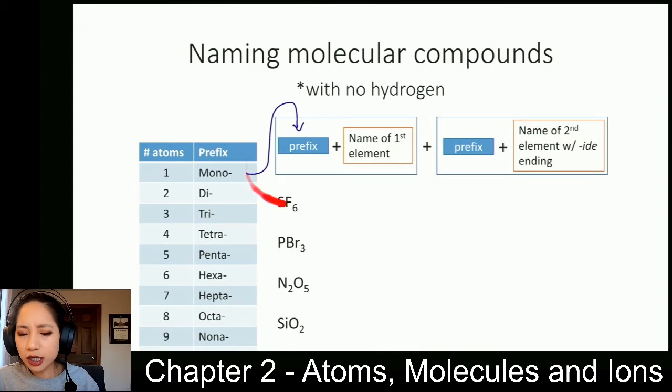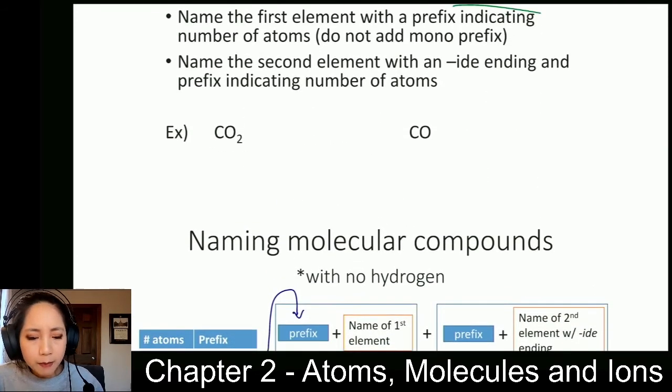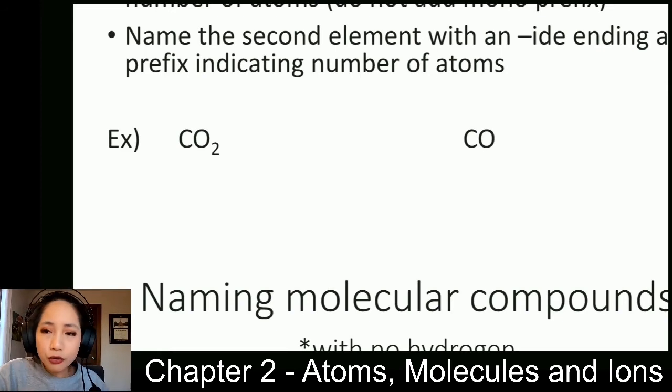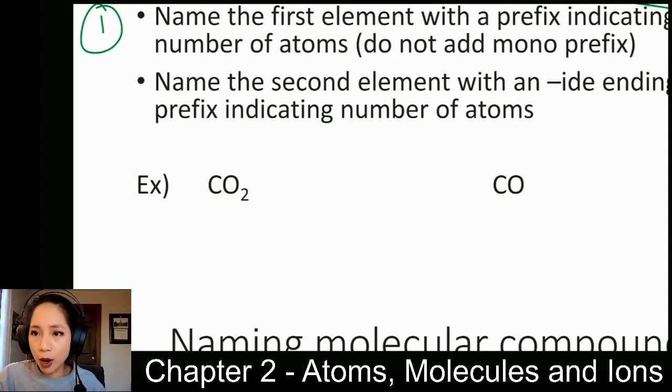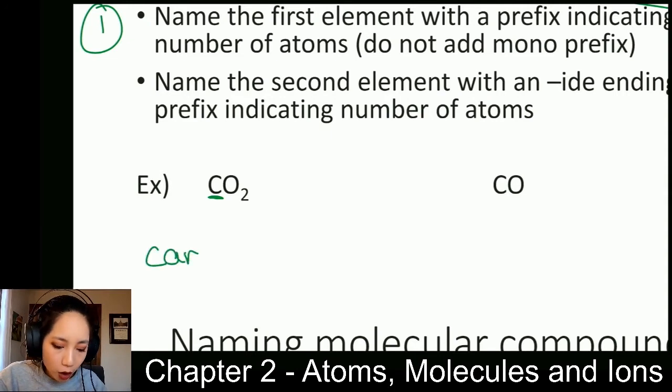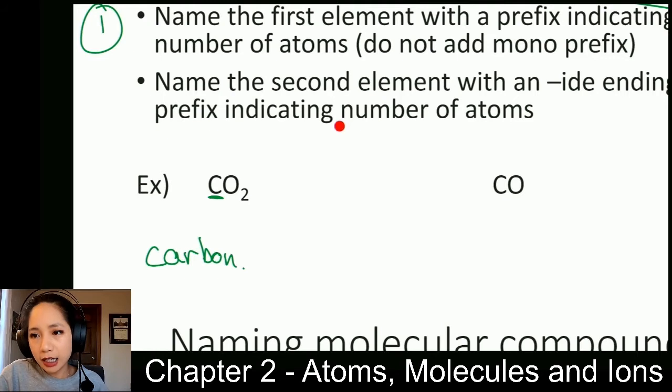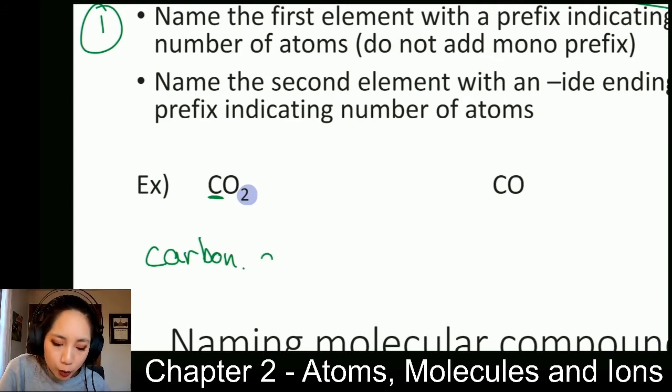This slide actually summarizes the naming for molecular compounds. But let's go through these two examples first. First step here, name the first element with prefix indicating number of atoms unless it's mono. So carbon here, there's only one carbon, so we would have written monocarbon, but remember, you don't add the mono for the first element, so we just write carbon. And then you name the second element, in this case oxygen, with an "-ide" ending and a prefix indicating the number of atoms. In this case, there's two oxygens, so this would be oxide, but we want to indicate number of atoms, so this would be dioxide,